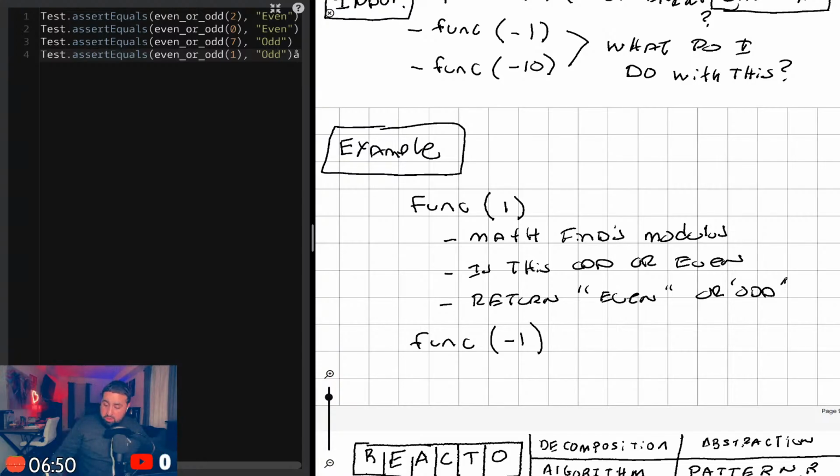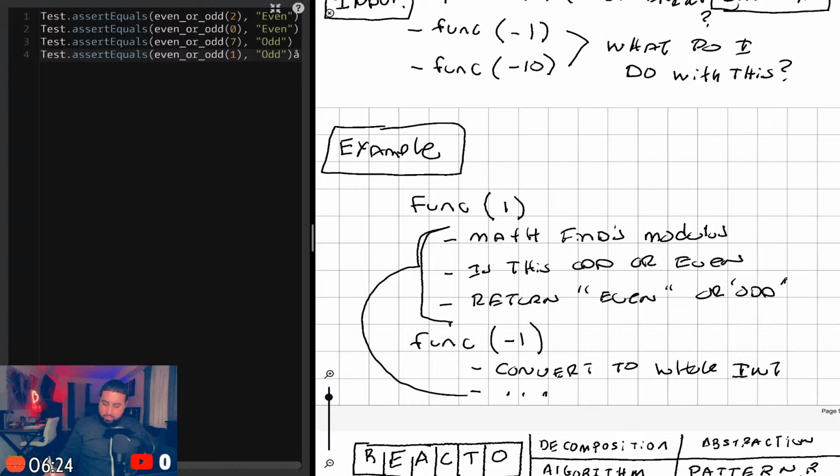I'm going to convert this to a whole integer, so int for short. I don't have much space here, so I'm going to put a dot here to do all the rest. That's what that means. This dot is basically the rest.